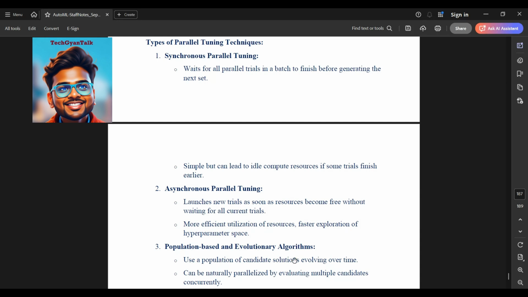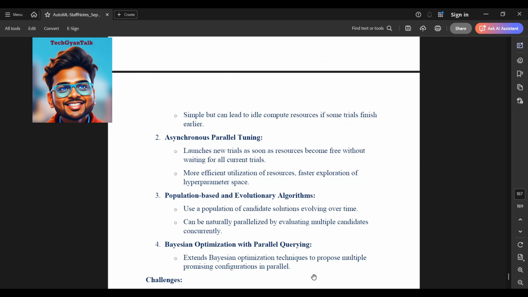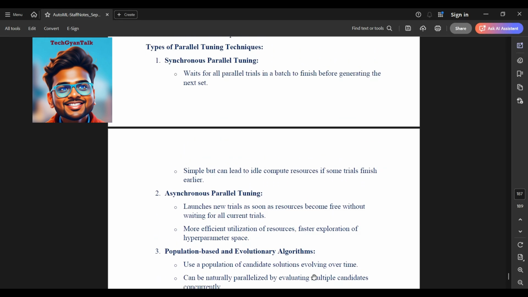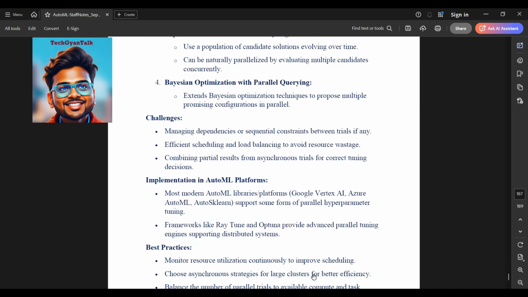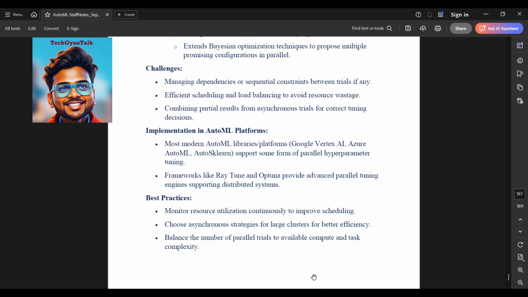Population-based and evolutionary algorithms use a population of candidate solutions evolving over time, and can be naturally parallelized by evaluating multiple candidates concurrently. Bayesian optimization with parallel querying extends Bayesian optimization techniques to propose multiple promising configurations in parallel. So these are all the types of parallel tuning techniques. The challenges in implementing them include managing dependencies or sequential constraints between trials, if any, and efficient scheduling and load balancing to avoid resource wastage,